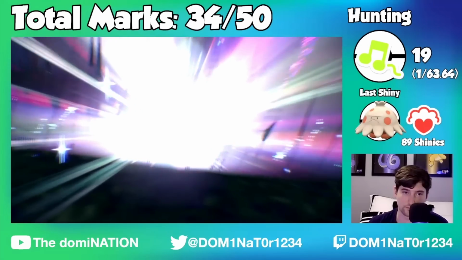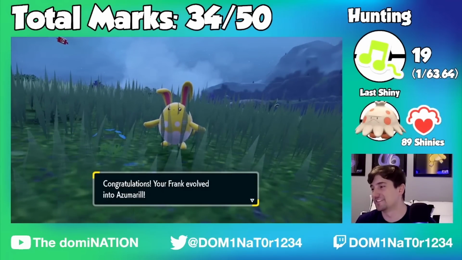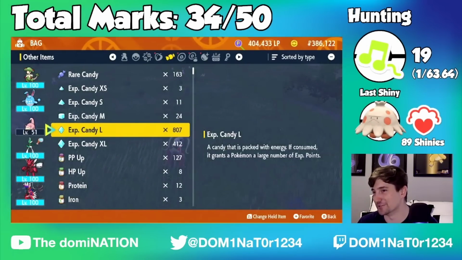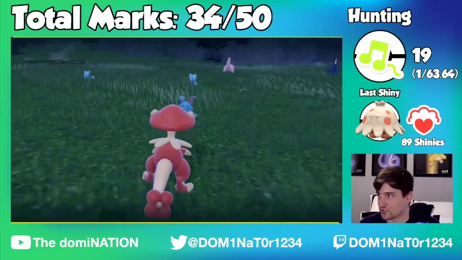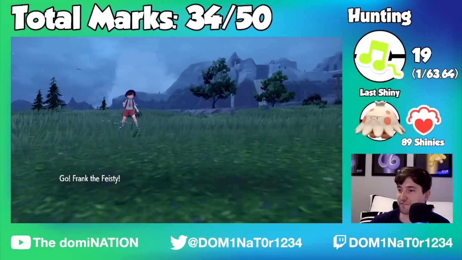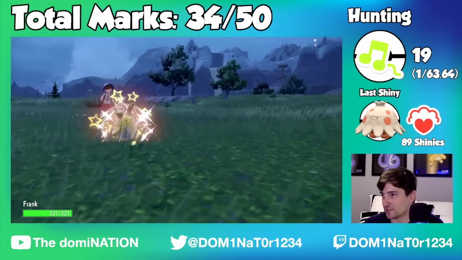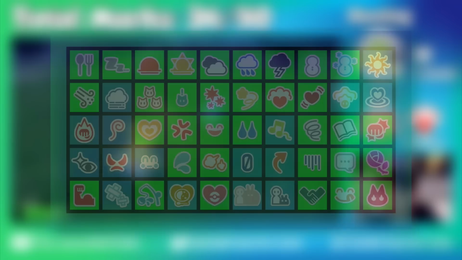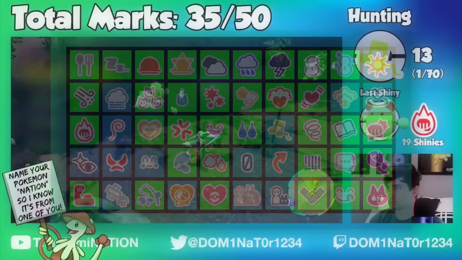You know what? He looks like a Frank. Frank. It's such a goofy name for an Azumarill too. I don't know why. We got a regular Azumarill. And Frank the Feisty. The shiny Azumarill. Oh no! Nah, we're good. We're level 100. Easy. And I guess while we're...